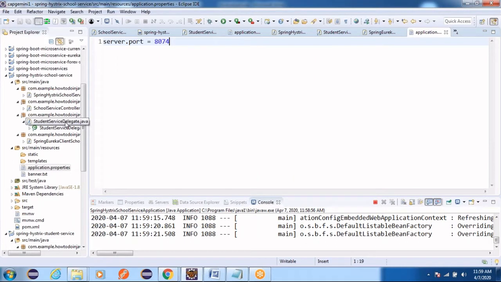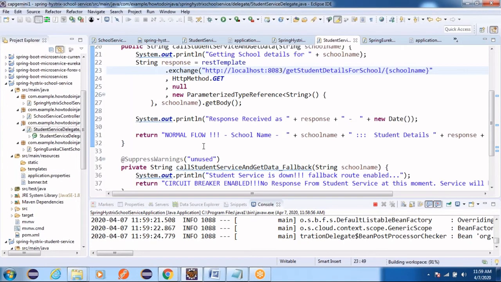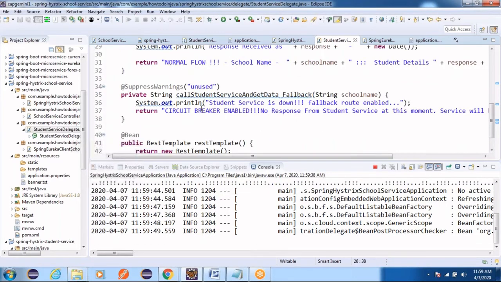When we run this, if the service is not available, it just moves to your fallback method. Instead of the normal flow output, in a circuit breaker it will just display this message. Let us observe that. That was previously the normal flow, but now the application is up.